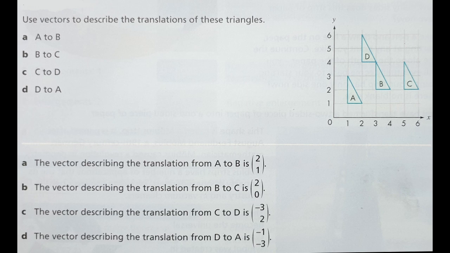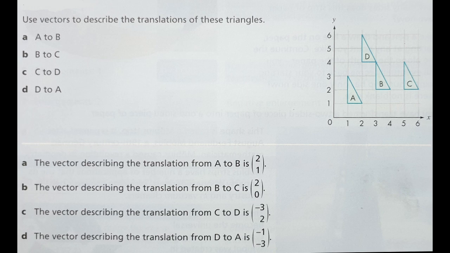For the part C, when you take from C to D, the triangle has moved up and to the left. So now, when you move towards the left, we write it as negative. And it has moved 3 blocks to the left, so we write it as -3, and 2 blocks up, so we write it as 2. So you get a vector as -3, 2.